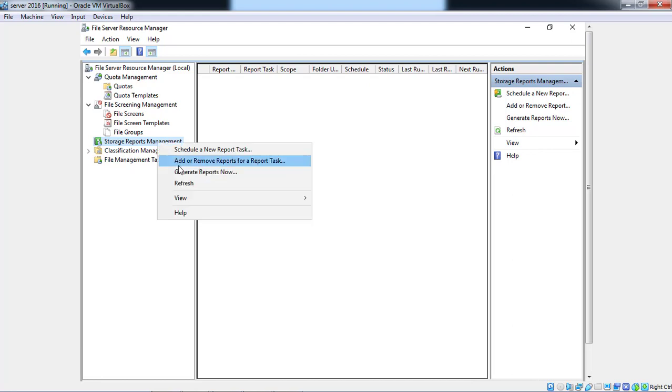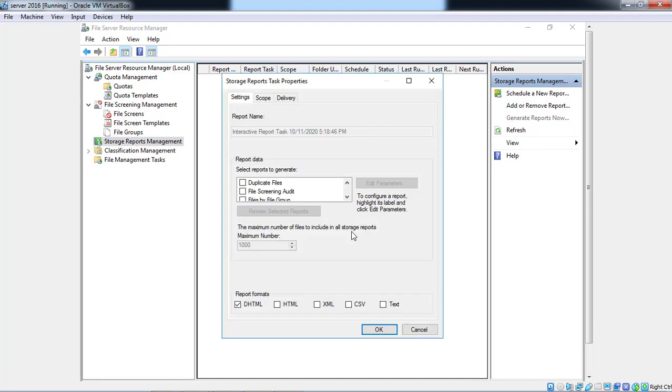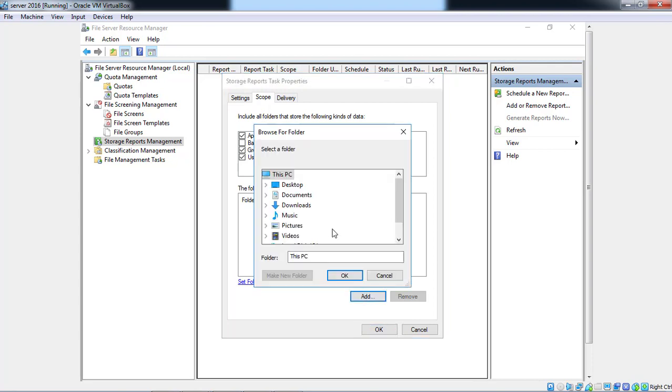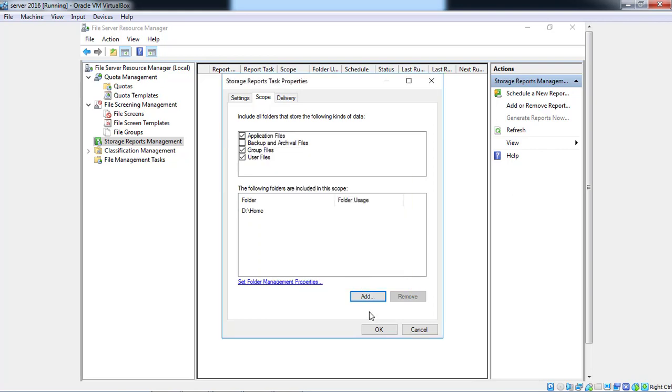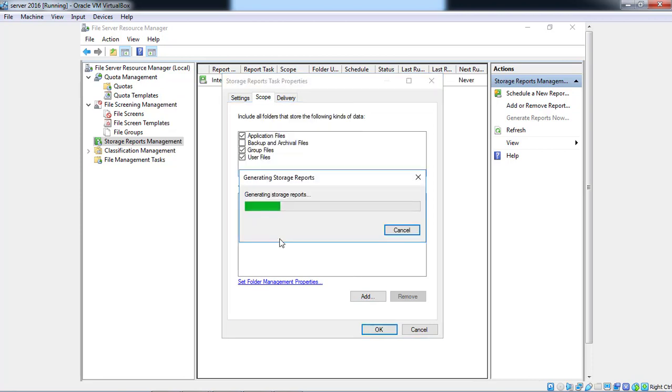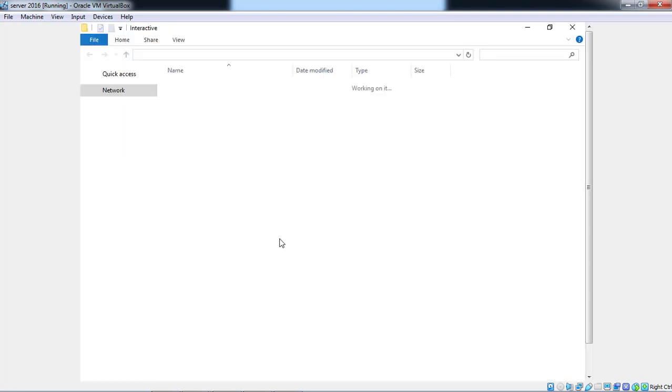If we cannot see that report, it is automatically created in the background. Again generate report. File screening scope, group files, application files, so we always have to select this one.